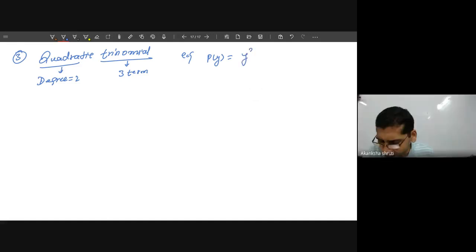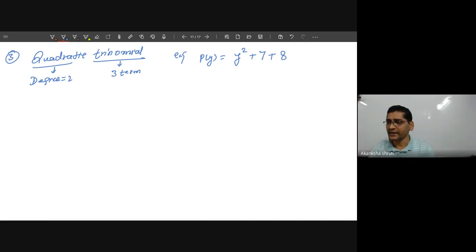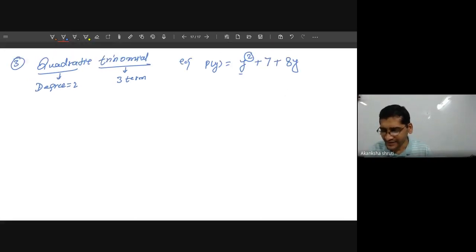I will first write y square. Then how many other terms do we have to add? 2 other terms. So we may add one as 7, but can I add the other simply as 8? Student, if you add this 8, then 8 plus 7 will form only one number. So you must associate it with some variable, and that variable should be y. You may even take another variable, but the important thing is the power of that variable shall be lesser than 2. So put y here. It is this answer.